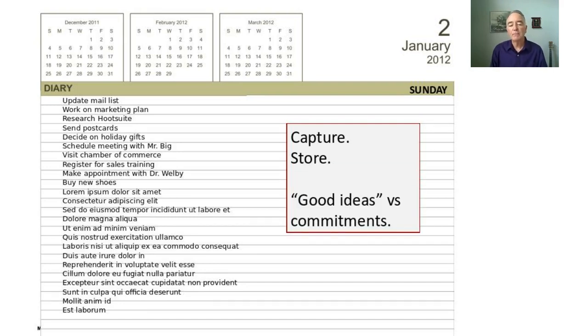And then the next part of this is some of these things are good ideas, and some will be things that you'll commit yourself to, or they may switch from one to another. What I mean by a good idea is, like reading a particular book. Yeah, it's a good idea. I think I want to read that book one of these days. But you haven't made a commitment or a promise to it, but you want to keep it available to yourself.